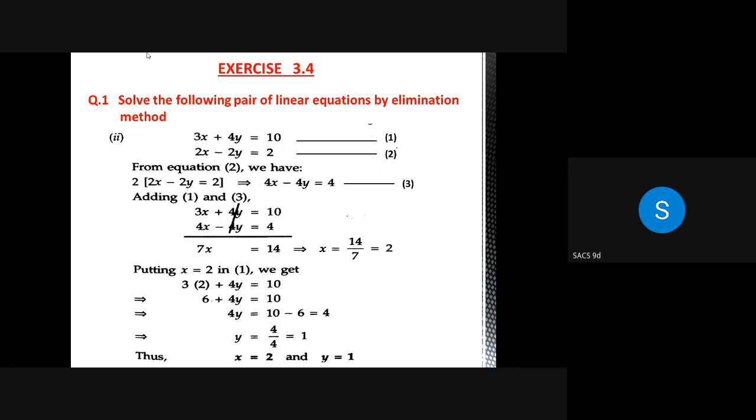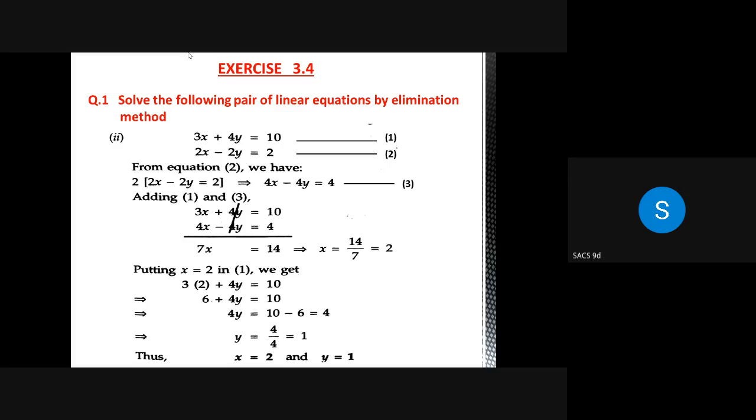So when I multiply equation 2 entirely with 2, it means left hand side and right hand side both I need to multiply with 2. So after doing that, that is after multiplying equation 2 with 2, I get equation 3, that is 4x minus 4y equal to 4. So now in place of 2, I can use this new equation because these two equations are equivalent. So to balance the sides, you have to multiply both the sides with 2. Please remember that part. Whatever computation is being done on left hand side, same will be done on right hand side to balance the equation.